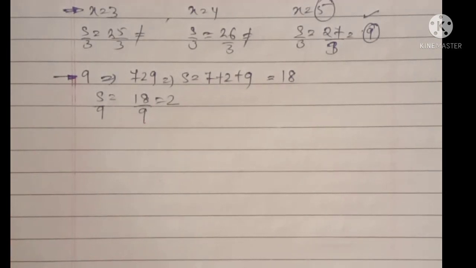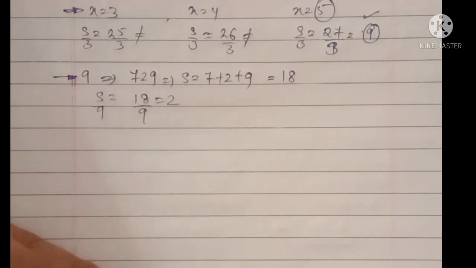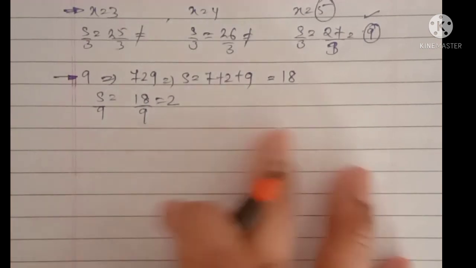Here you need to find the sum of the digits of the given number. Given number हमारा यहाँ पे 729 था, तो 7 plus 2 plus 9 will provide you the sum. Then divide this sum by whatever they ask in the question. 3 या 9 का पूछा, तो divide by 3 करो, divide by 9 करो. If the sum is divisible by 9, yes, the divisibility test is confirmed. If not, then go further. So I think this is clear. इसके लिए मुझे और example लेने की ज़रूरत नहीं.